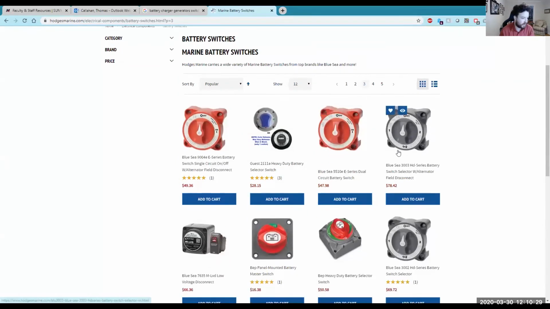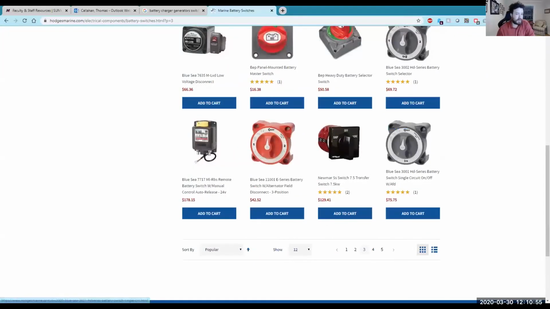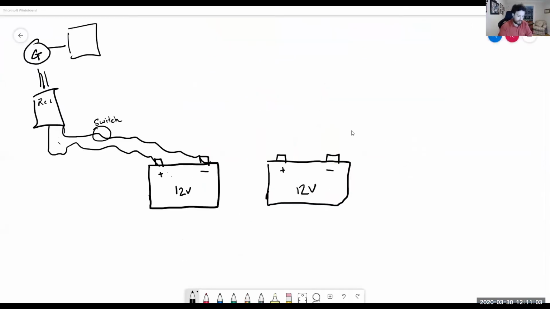Now these ones right here are the big ones that you'll see a lot of. 1, 2, 1 and 2, and then still in off position. So that basically means if you want to be charging battery 1, you put it to battery 1, and battery 2 is not charged. Same thing vice versa, or if you want both batteries to be charged. And then you have your off position. So when you go and do your battery check and you stick on a voltmeter,